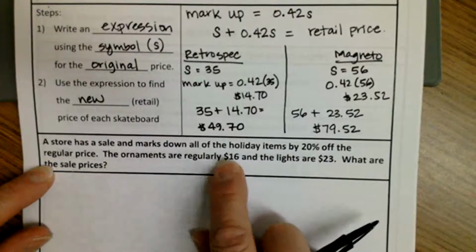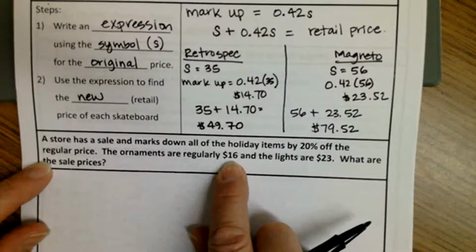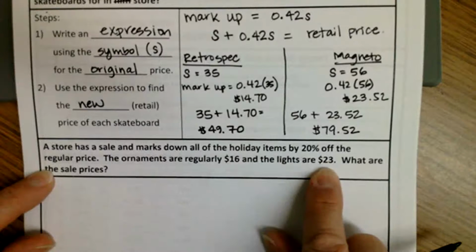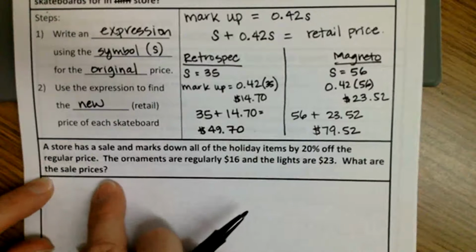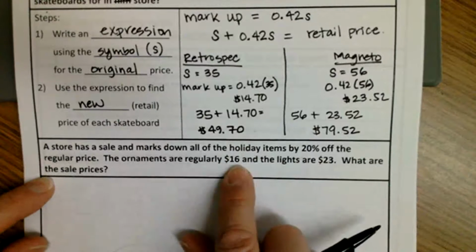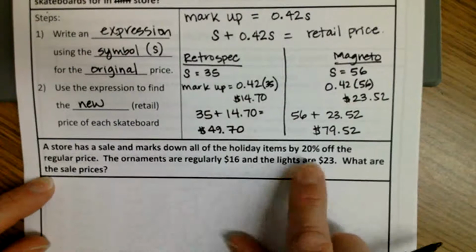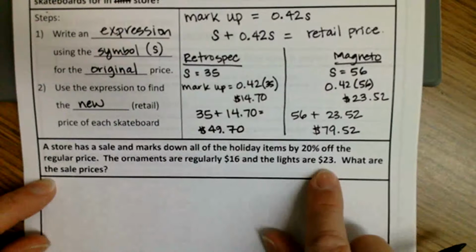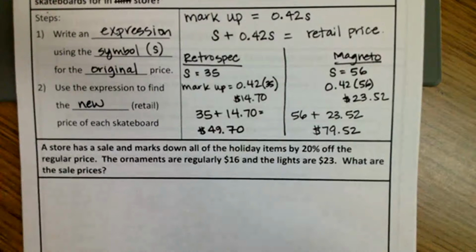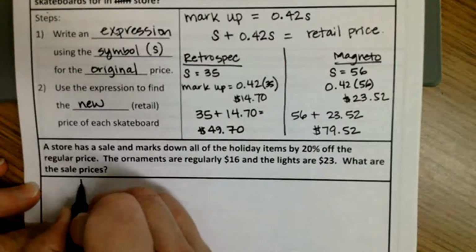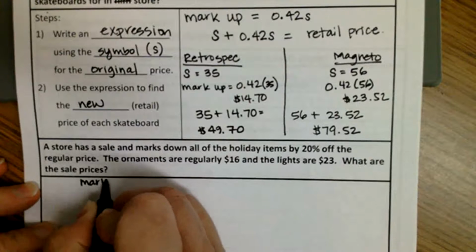The ornaments are regularly $16. Okay, the lights are $23. So what are the sale prices? What's the sale price for the ornaments? And what's the sale price for the lights? So let's find our expressions first. We're going to call it the markdown,